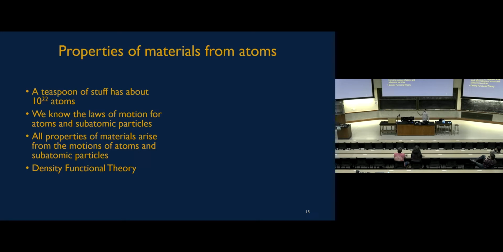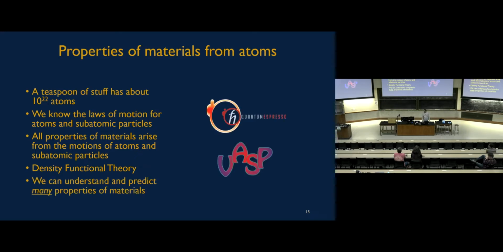It's called density functional theory. It's one of the ways in which we deal with this complexity. And we're able to understand and predict many properties, or most properties of materials with this. I'll tell you how this works in a moment. But there are some that we still don't understand, like I showed you a couple of slides ago. We still don't understand superconductivity and magnetism, but we do understand most properties. And needless to say, we need some really powerful computers to accomplish this.